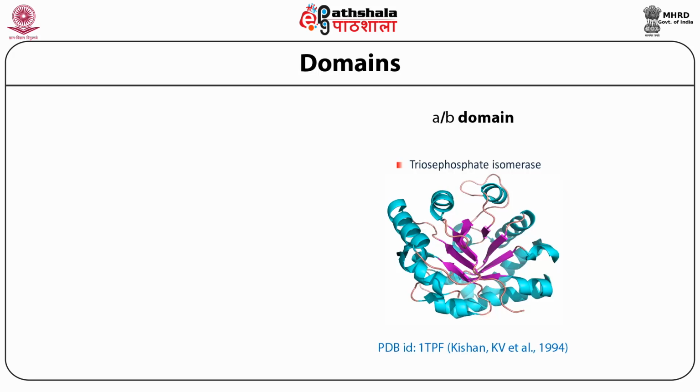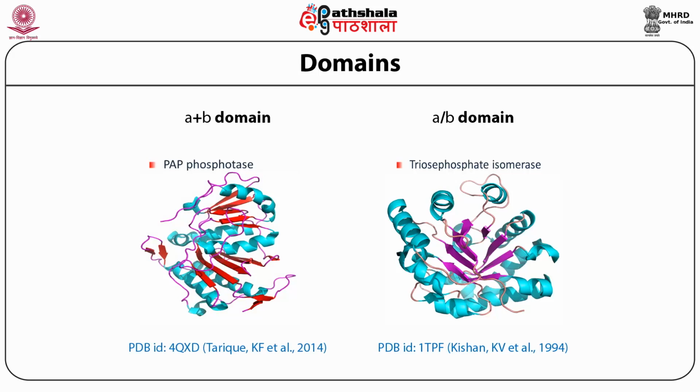Another example I have shown is an alpha beta domain, SOD, the superoxide dismutase, and again you can see the other module for more examples of only beta sheet containing domain structures. Here the SOD has a typical Greek key motif where 4 beta sheets are arranged in a Greek key manner, and there are actually 2 Greek key motifs which form a beta barrel kind of structure, that is superoxide dismutase.